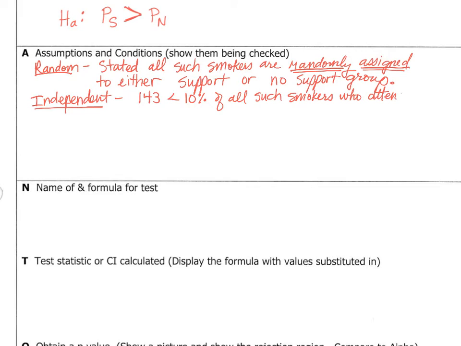smokers. When I say such, that means ones that are trying to quit and use a nicotine patch, who attend a support group. Could the "also smokers" cover that? No, because I have to do the next one, and I have to say 151 is less than 10% of all such smokers who do not attend a support group. I need to really clarify the difference between those all such smokers. Okay, the next group is 151. That was the size of that one, is less than 10% of all such smokers